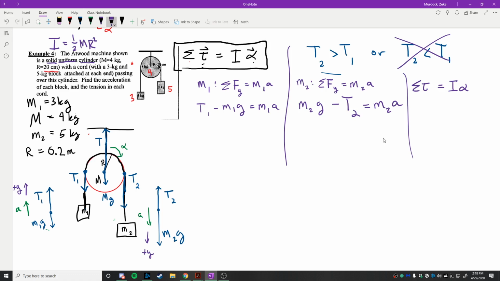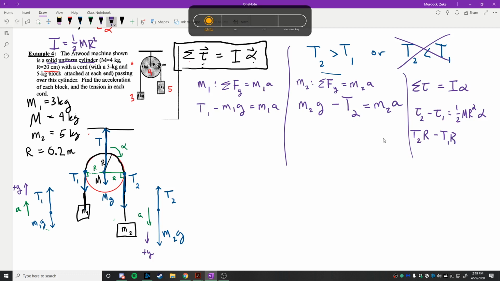And in terms of torques, let's draw some lines here. That's the radius r. There's a right angle right here. This is also the radius r, and there's a right angle right there. So the torque from T2, why don't we write it like this? Let's do it in 2 steps. There's going to be the torque from 2 minus the torque from 1, tension 1 and tension 2. And that should be equal to I, which we said was 1/2 mass times radius squared, multiplied by alpha. The torque 2 would be equal to just T2 times R. And torque 1 is going to be T1 times R. And the reason why it's negative,